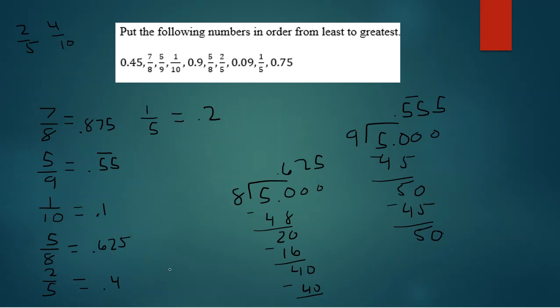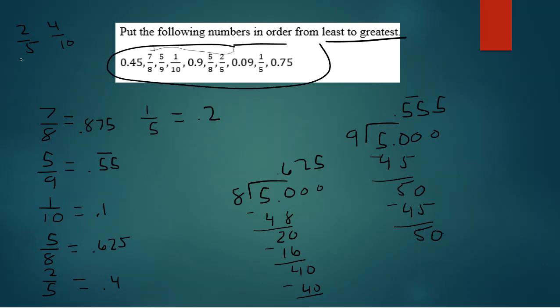Okay, so now once we have all of the values as decimals, now we can compare, and we need to write these in order from least to greatest. When I think about decimals, I always think about money when I'm thinking about their value. So I estimate their money value, and that helps me to be able to tell which one is the smallest and which one is the greatest. So as we look at all of these numbers right here,